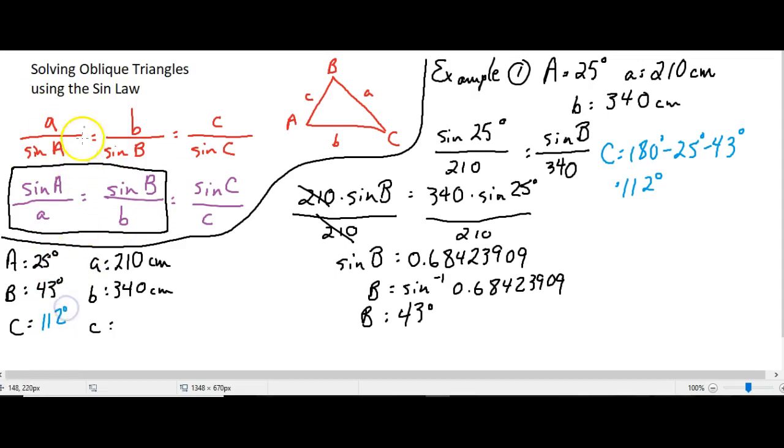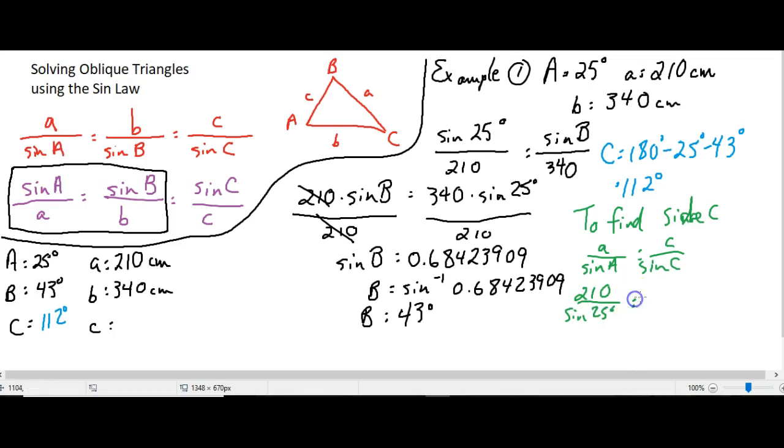All right. And let's write that in here. 112 degrees. Now we just need to find side C, and it's going to be necessary to use the sine law again. We are looking for this side. It actually might be better to solve it with the sides in the numerator this time. So to find side C, I'm going to use A over sine A equals C over sine C. Now write 210 over sine 25 equals C over sine